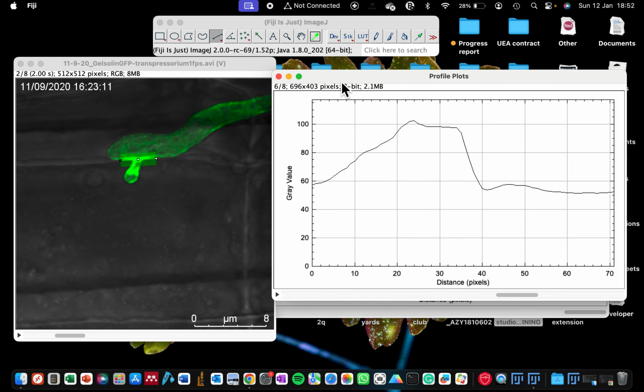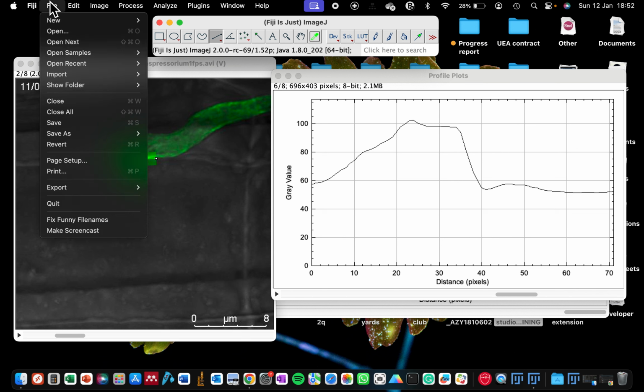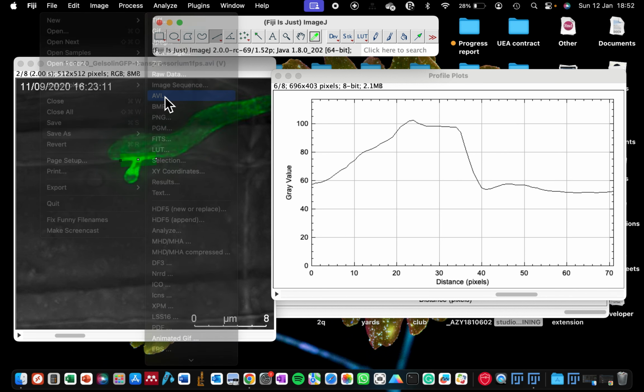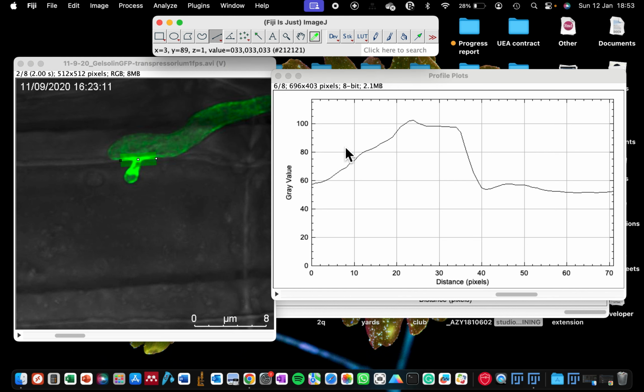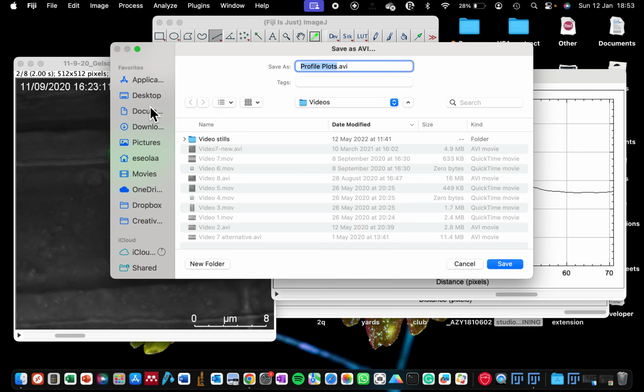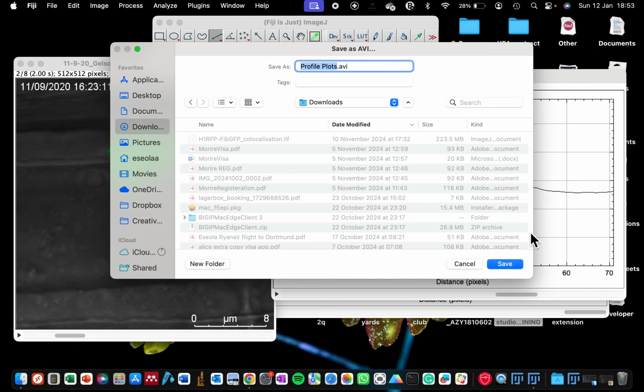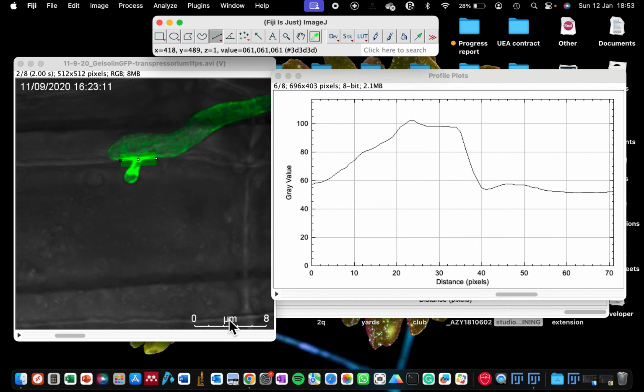These plots you can save by going to File, Save As. You can save it as AVI or any other file format that you want. Decide on the frames per second speed, and let it correspond to the same speed as your time-lapse. Because I have just 8 frames, I've chosen 1 frame per second, and then you click OK and decide where you want to save it, and that way you can use this tool